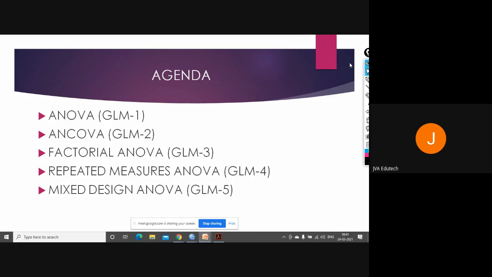Variance is basically the variation from the mean. Let's say you computed the age of 10 people, and the mean age comes out to be, let's say, 32 years. But every individual age is different. Let's say somebody is 35 years. So the variance will be 3. So this ANOVA or generalized linear models, they all measure these variances.